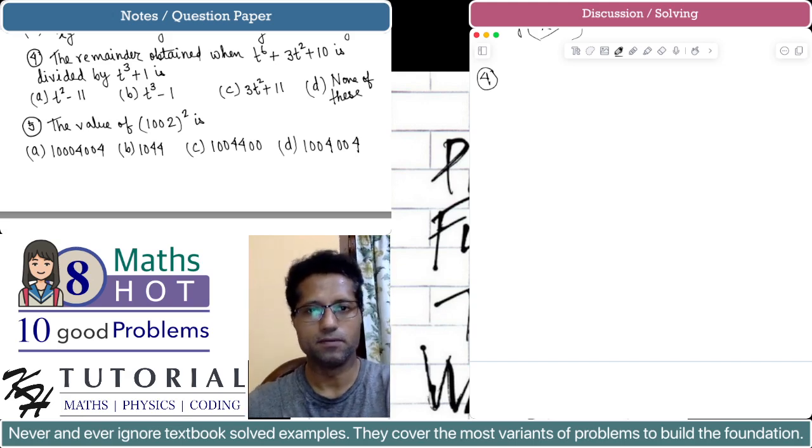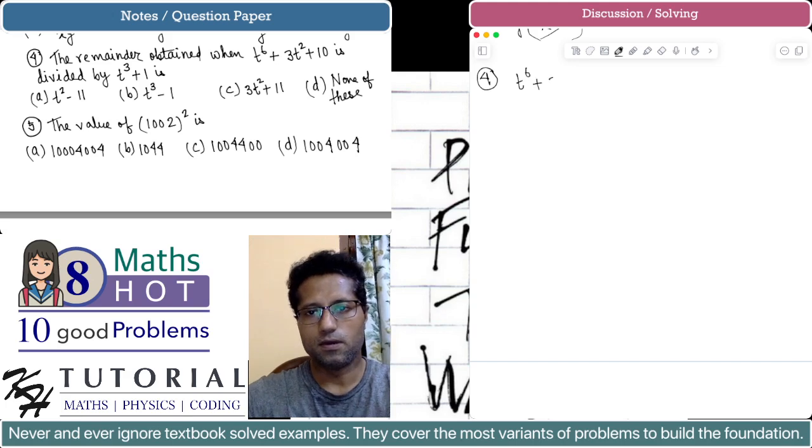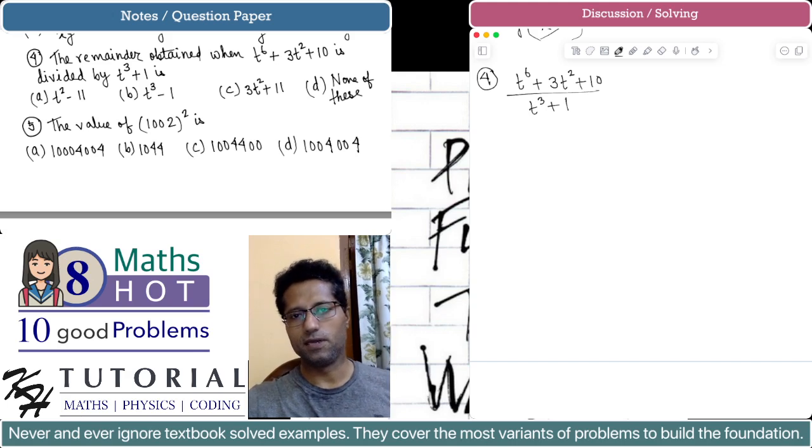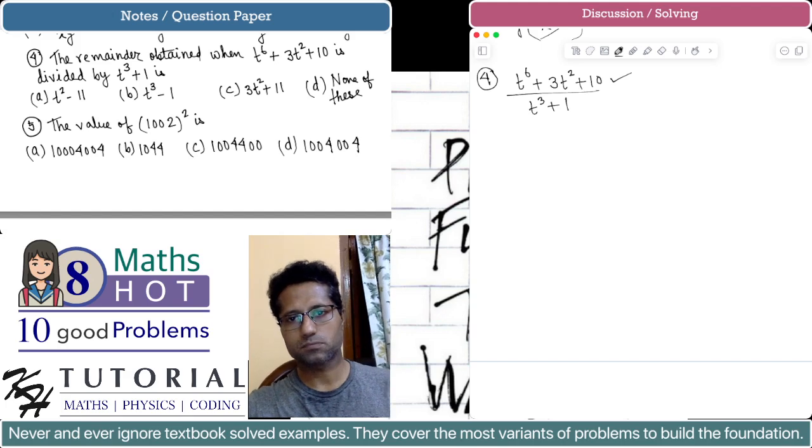Now, please notice that we are asked what will be the remainder when we divide the polynomial t to the power 6 plus 3t square plus 10 by the polynomial t cube plus 1. It is asking the remainder. Now, if t cube plus 1 is a factor of this polynomial, then obviously there will be no remainder. The remainder will be 0. So let us see if we can